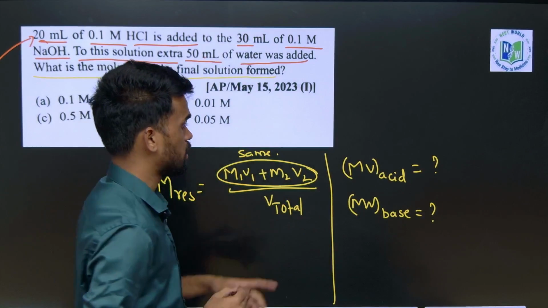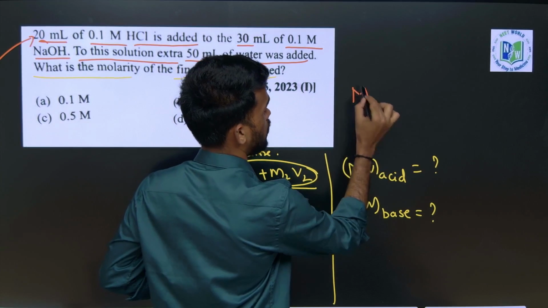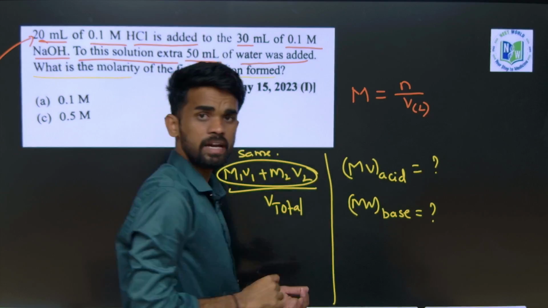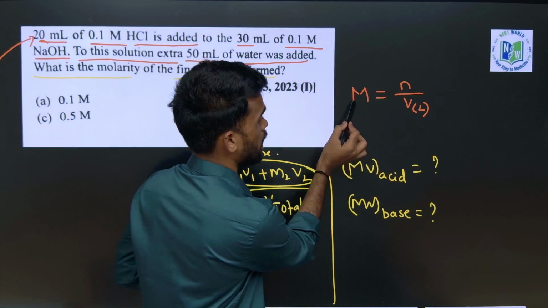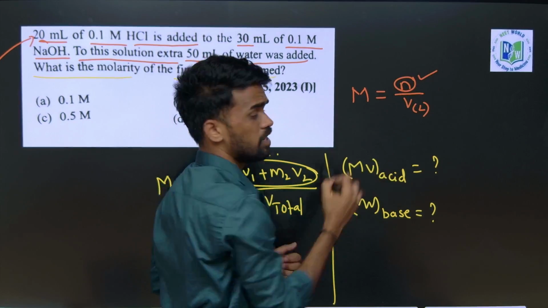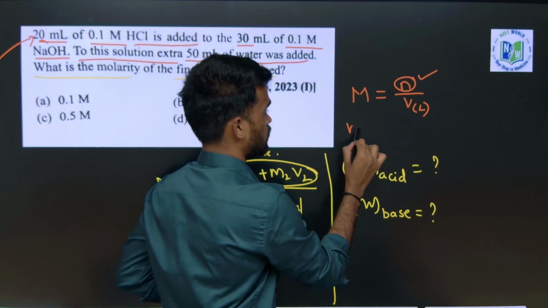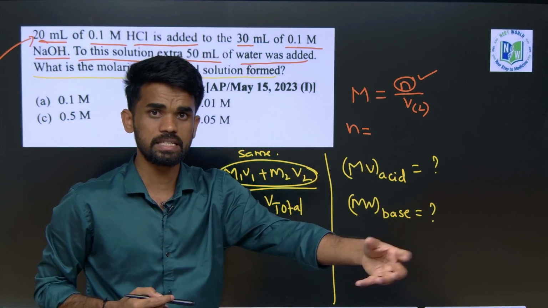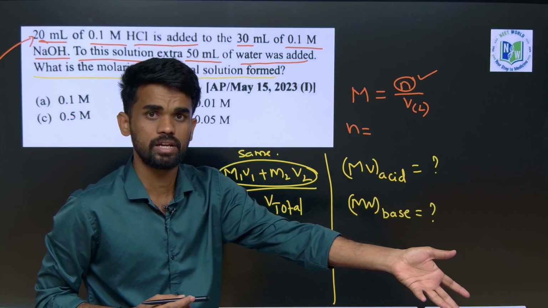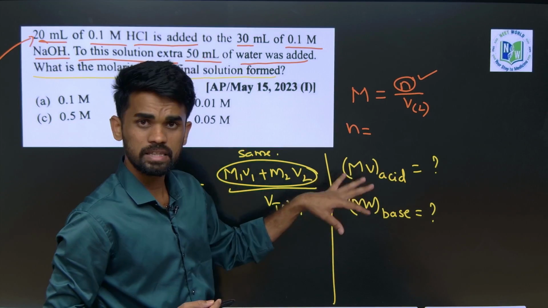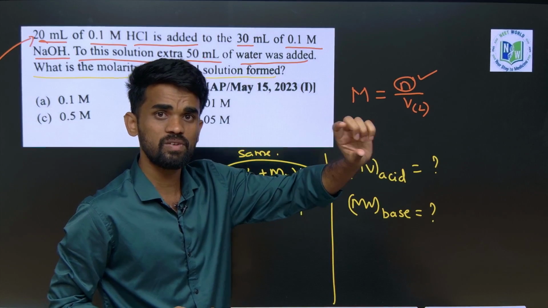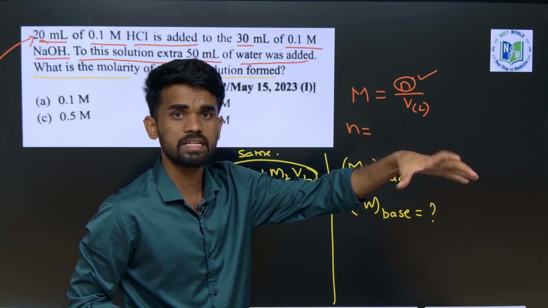First tell me. See, what is the molarity formula? That is moles by V in liters, right? So now I am multiplying M into V, which means what we are getting here? We are getting the number of moles. So the one which has more moles, the resultant solution also contains that particular substance only, no? Okay, because the remaining things will be neutralized. The one which has extra quantity remains in the solution and decides the nature of the solution.